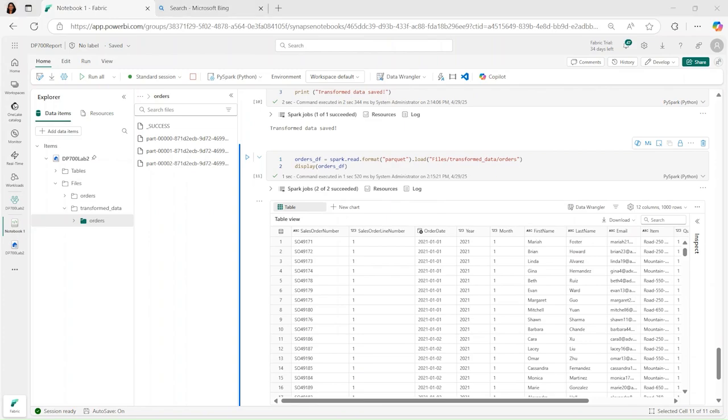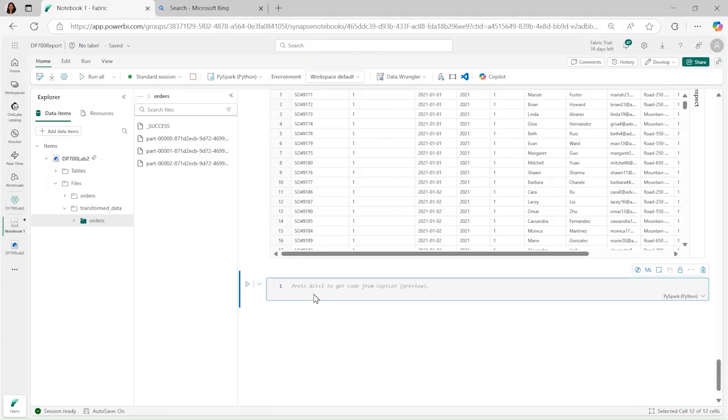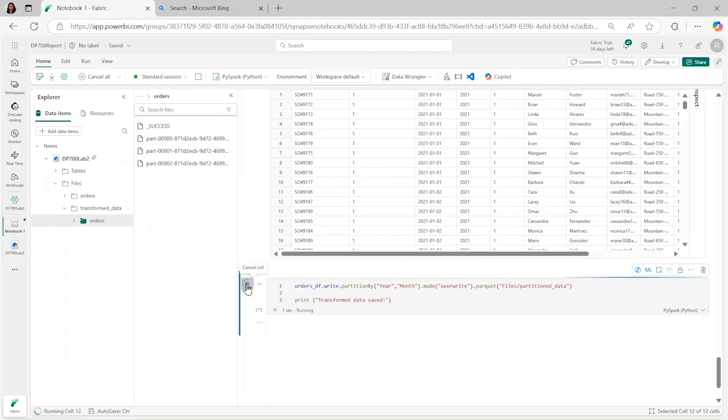We also can go in, and since we have a lot of data, what we might want to do is partition our data. So what you can do is break the data up, and maybe we want to break it up based on time. That's a very common way of breaking it up. So maybe what we want to do is have it partitioned by year and then by month. And we want to put it off of files, but then make another folder in there called partitioned data. So I'm going to go ahead and execute that. And when I do that,